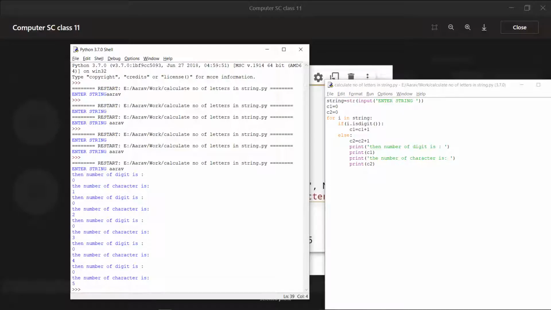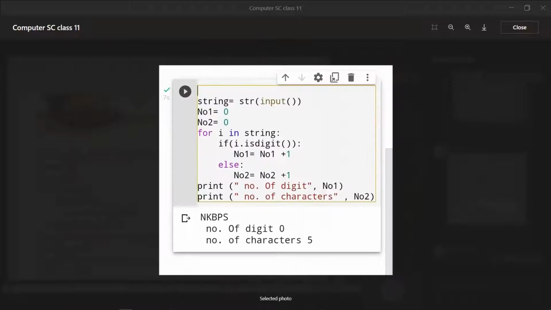Yes, done all? Yes, ma'am. Okay, what is the problem there? You tell me again. Beta, I'm just telling you, instead of this, you can take the direct input value from the user.